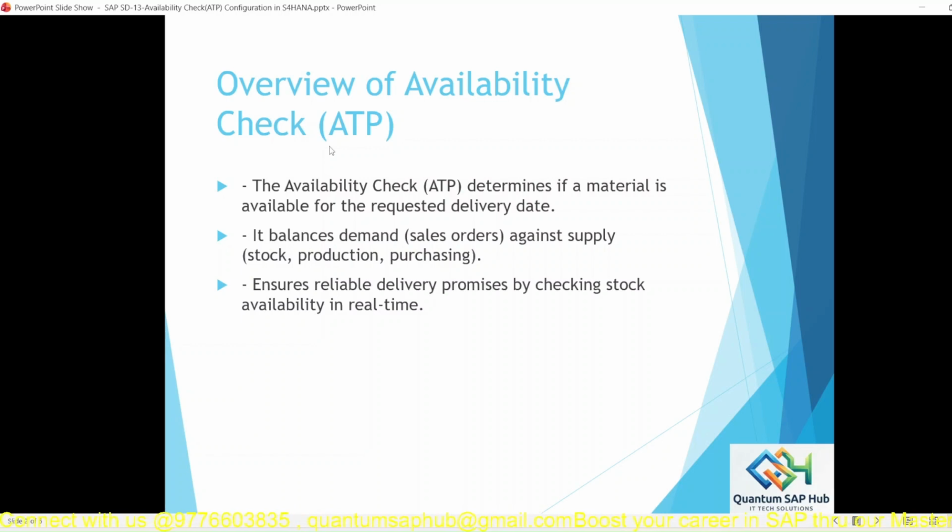ATP stands for available-to-promise. It determines if a material is available on a requested delivery date. When we create a sales order, we enter the customer's requested delivery date, and based upon that, the system determines whether the material is available. It balances demand against supply and ensures reliable delivery promises by checking the stock available in real time. So it is an automatic check carried out by SAP